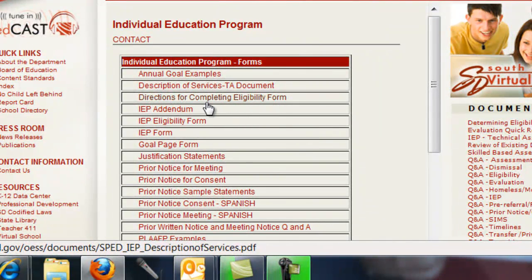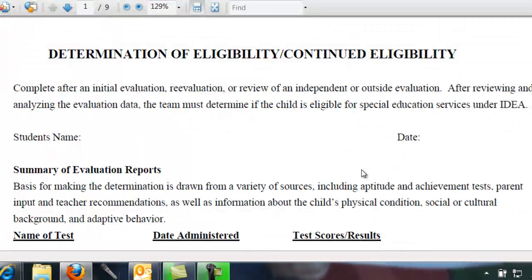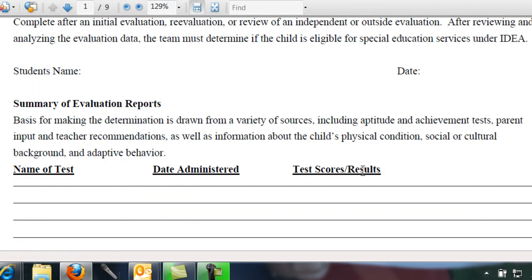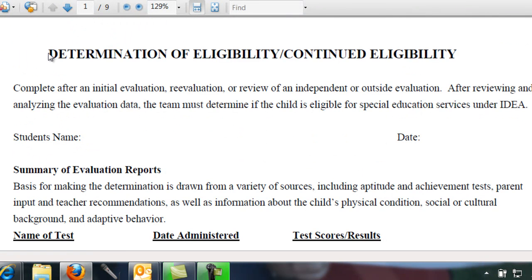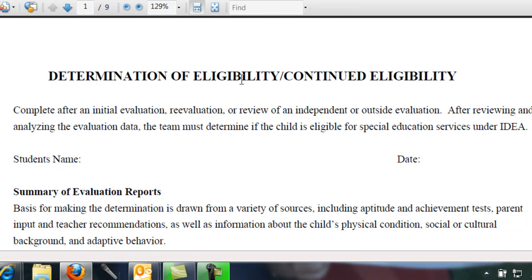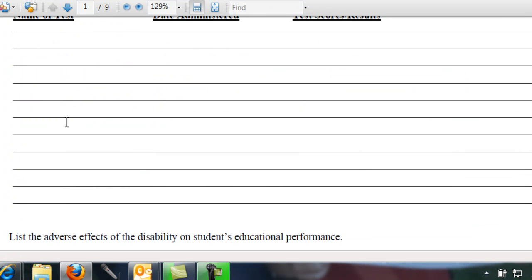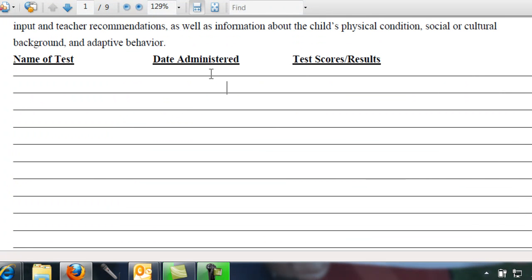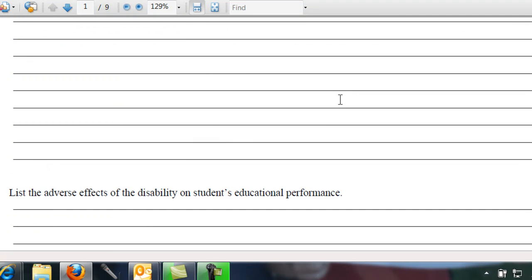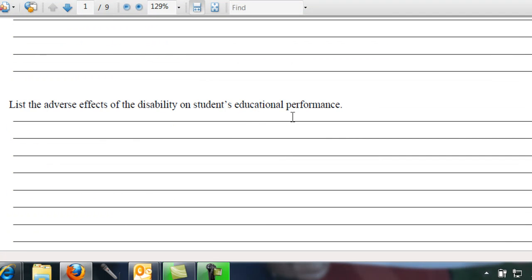Like here's the description of service, directions for completing eligibility form. First of all, I want to show you the eligibility form. The form is like this, and if it's not exactly the same, it's going to have the same thing on each one. You're determining whether the student's eligible for special ed services. And for mild disabilities, it becomes a big deal. For more severe, it's not if they're eligible, but here we're determining if they're eligible for services. So here is those things. Here's the name of the test, date administered, the score results, list of adverse effects of the disability on the student performance,